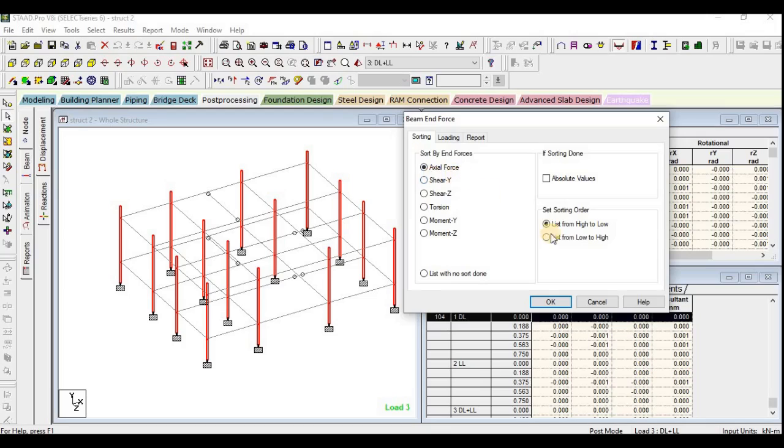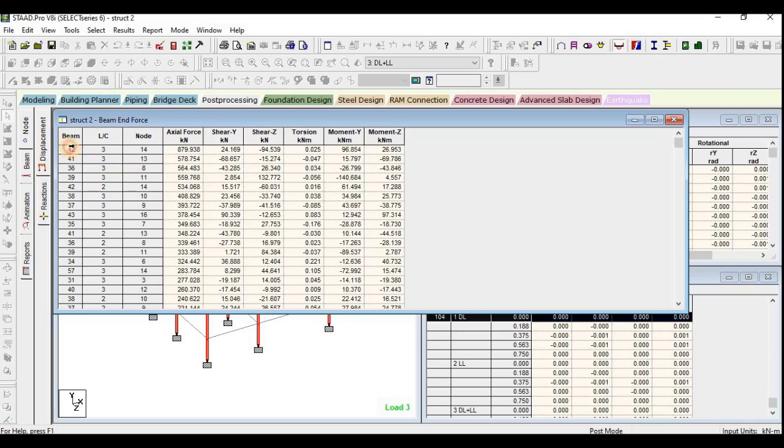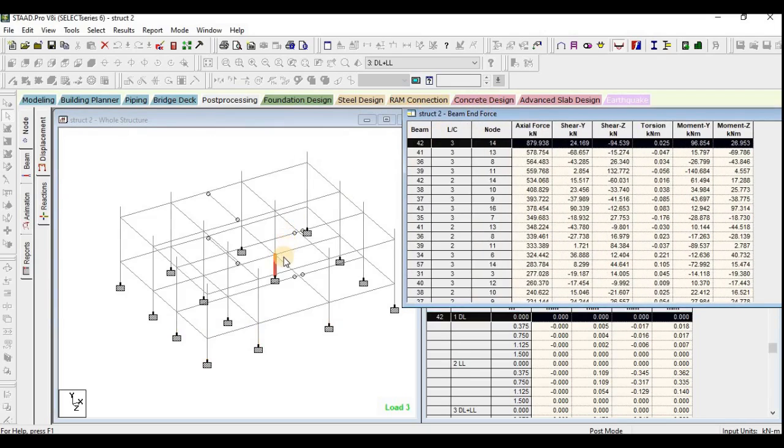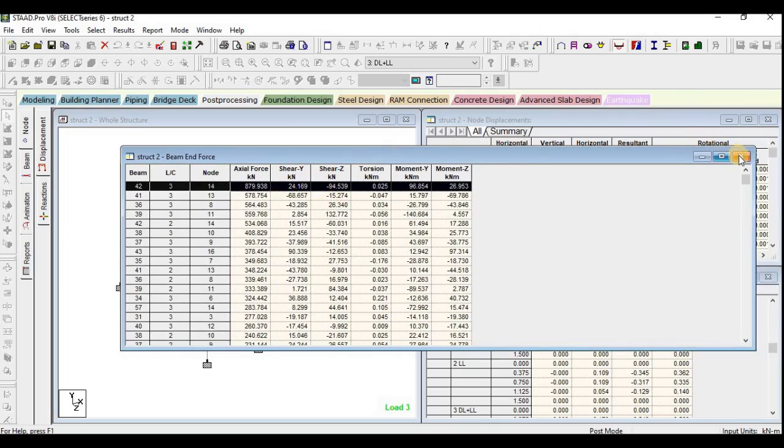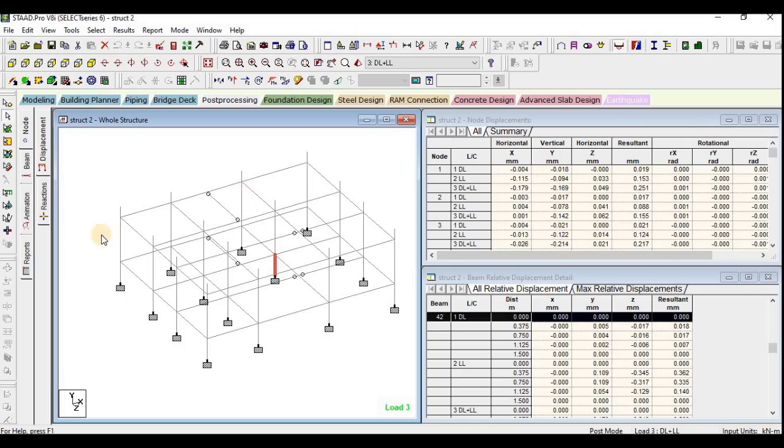So I have chosen maximum axial force, listed from higher to lower. This 42nd column has the maximum load, so I have chosen this value. Okay, you can design this for an axial load of 879.938, and the moment will be biaxial, so you need to design as a biaxial column. Okay, shear values are given here. In this way you need to choose this value, and similarly for beams